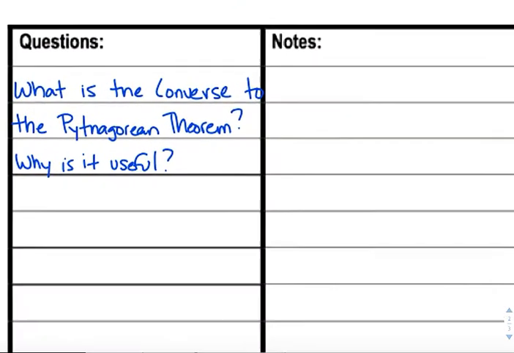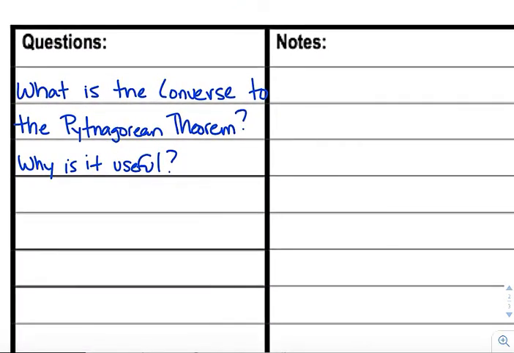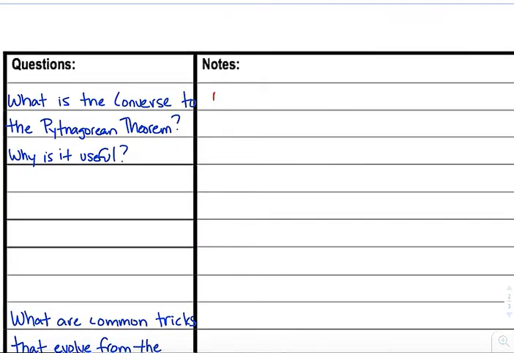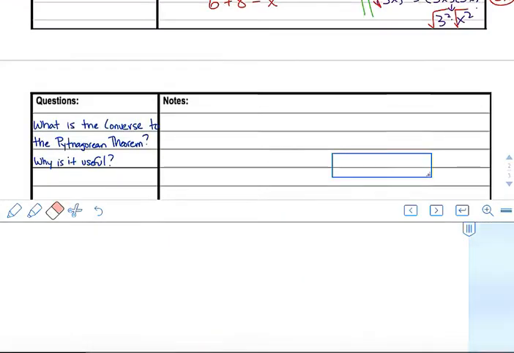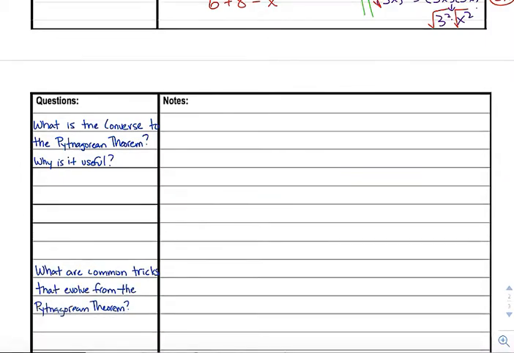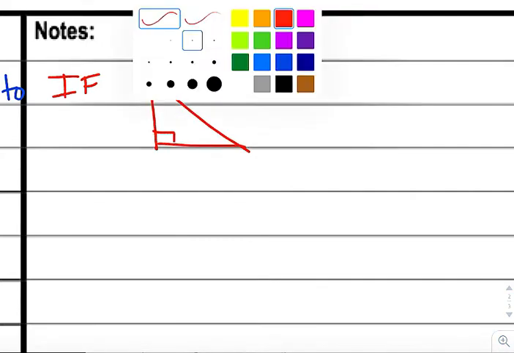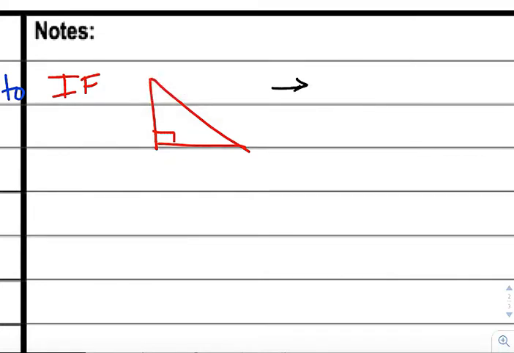Now we have this kind of cool thing called the converse of the Pythagorean theorem. If you think about what the Pythagorean theorem says, it says if you have a right triangle, let me just use symbols actually, that might be better. So the theorem says, if you have a right triangle, and of course a right triangle is any triangle that has a right angle in it, then, which I'll use symbols,